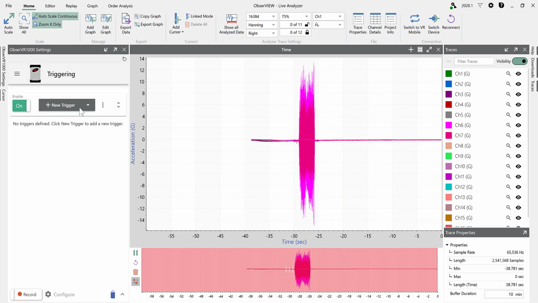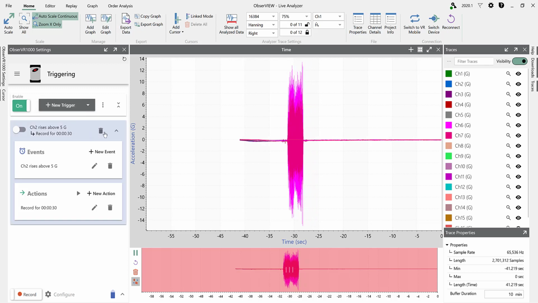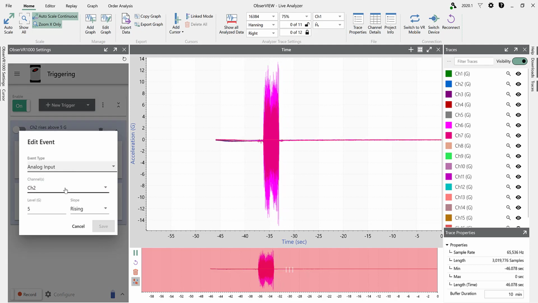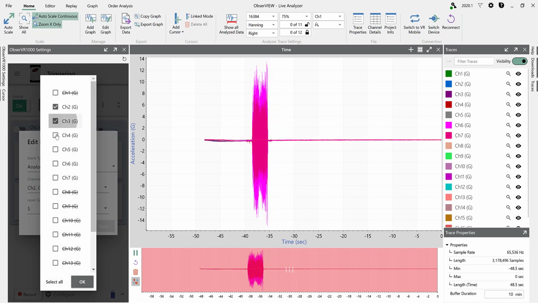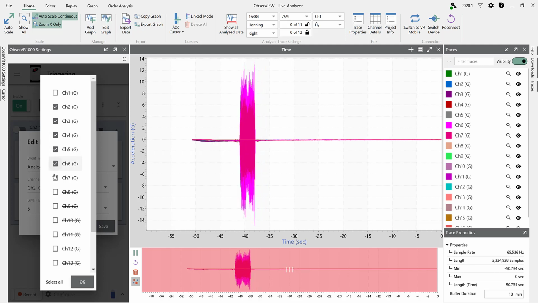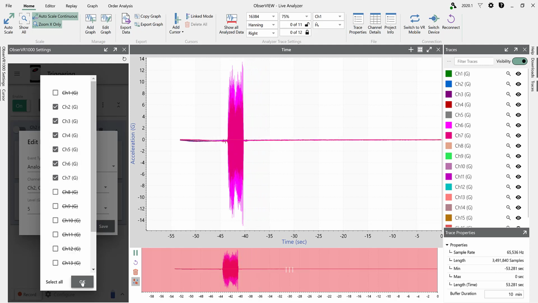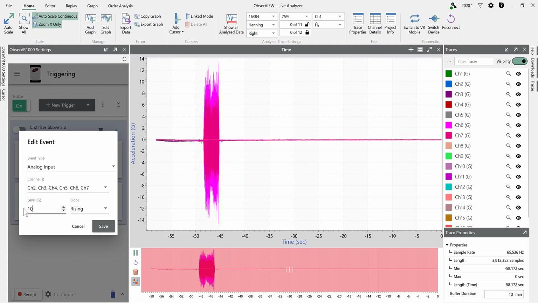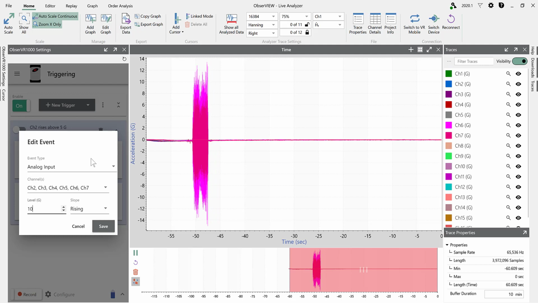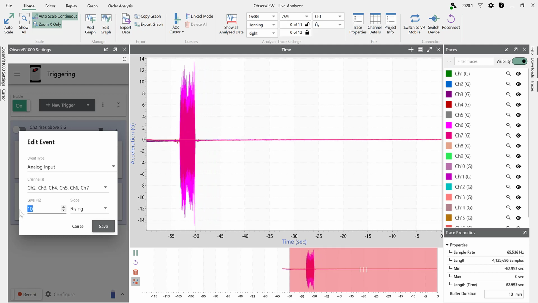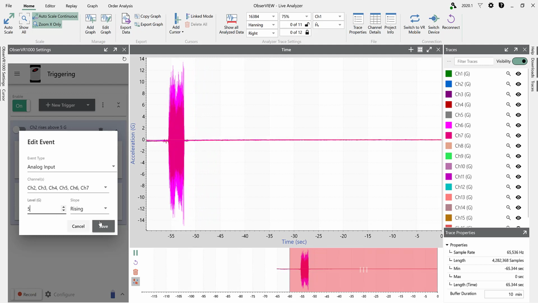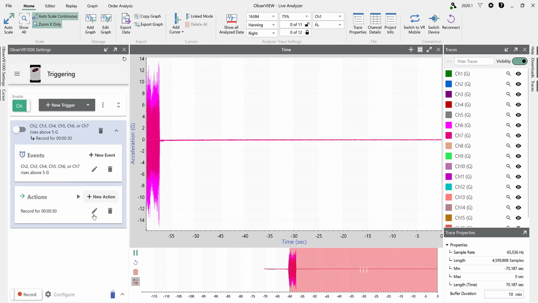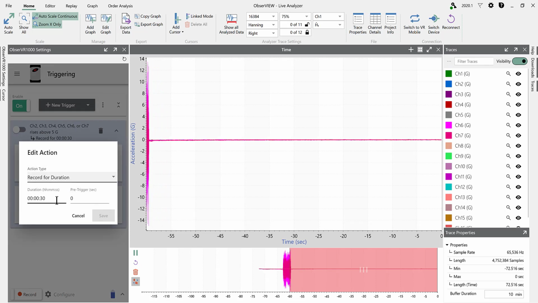So I'm going to do a new trigger, and my event is going to be if any of my channels that I have activated, 2, 3, 4, 5, 6, and 7, rise above, we'll just do 10 Gs since I'm getting, we'll make it a little bit less than that. Let's just do 5 Gs. So if any of those channels rise above 5 Gs, I want to record for